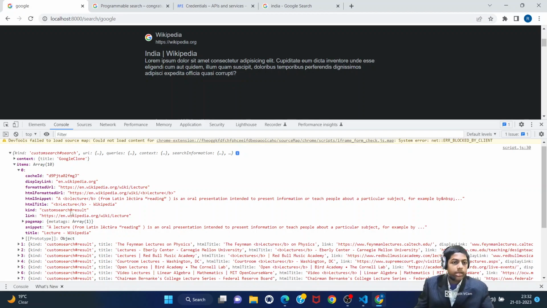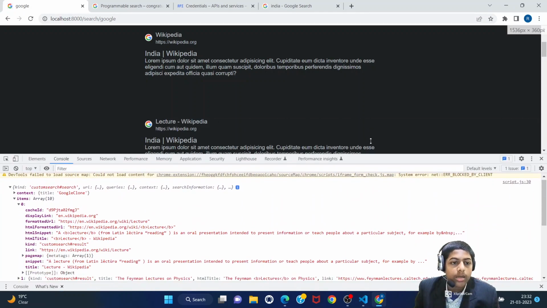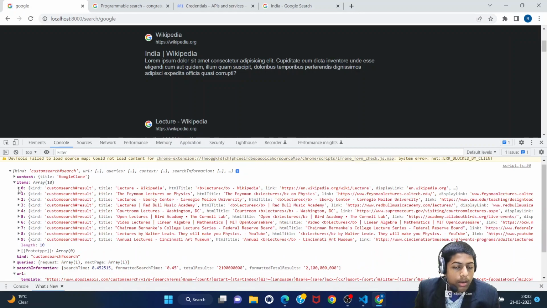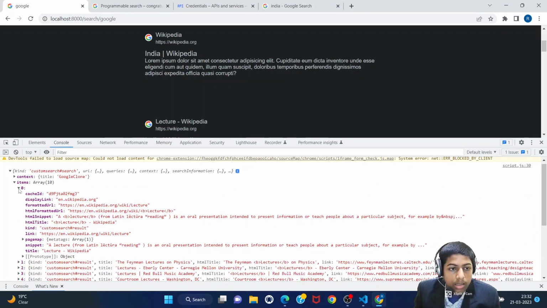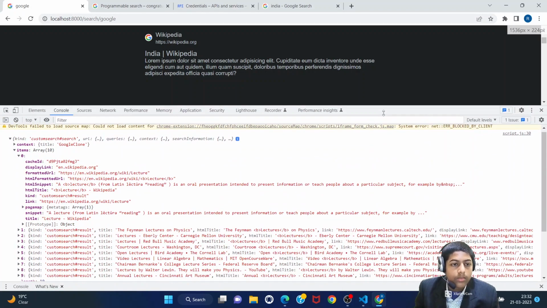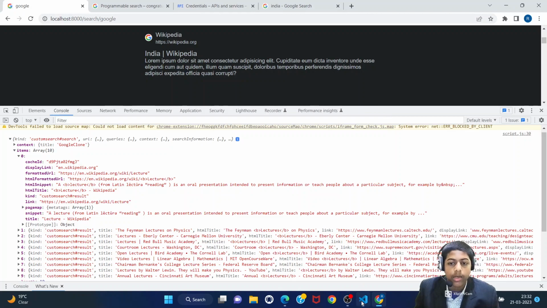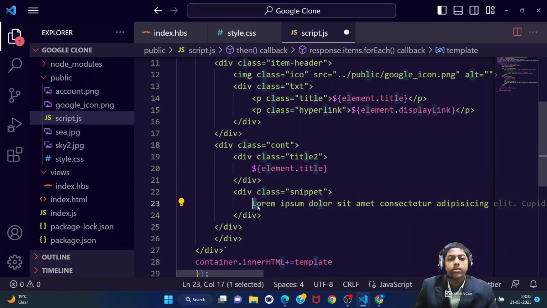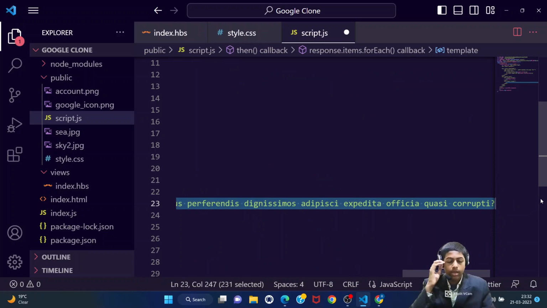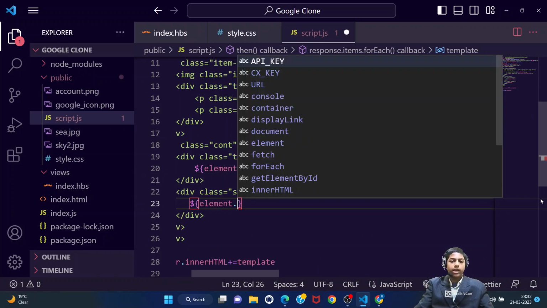Wait, if I'm not wrong, there are even two titles. Wait a while, what's coming here? Okay, title, custom search. Okay, title is there. We are having display link, and then we are having the snippet, right? So let's do that, and we'll see what's coming. So let's go ahead, element.snippet,